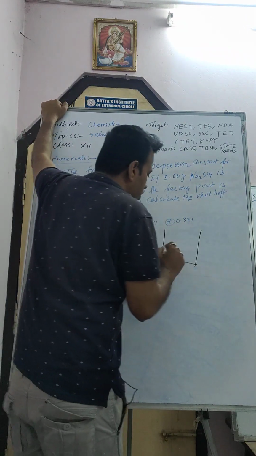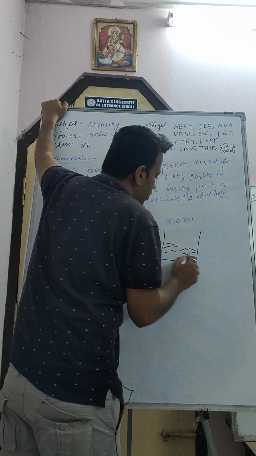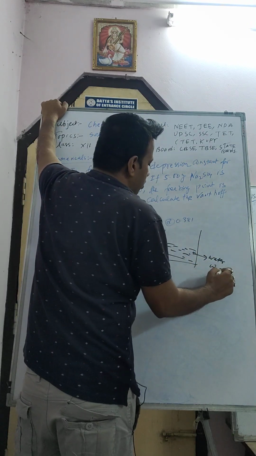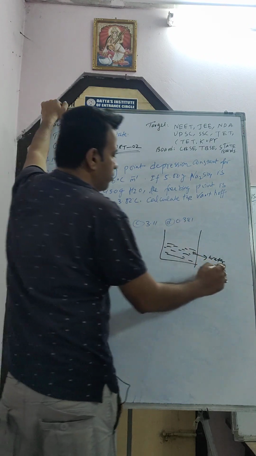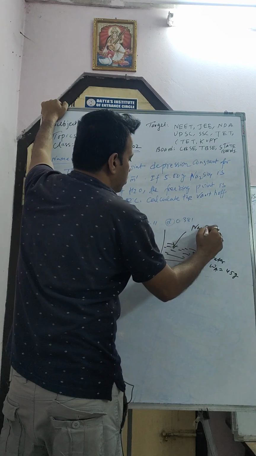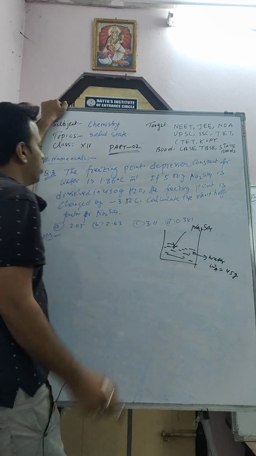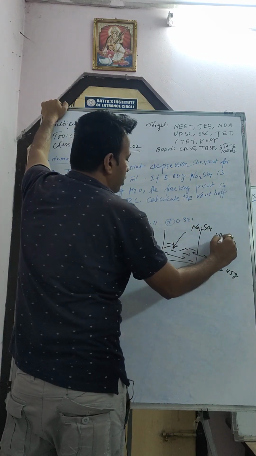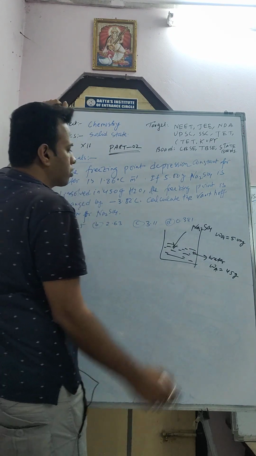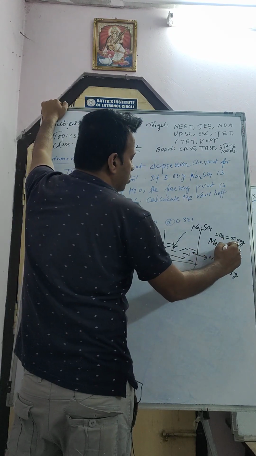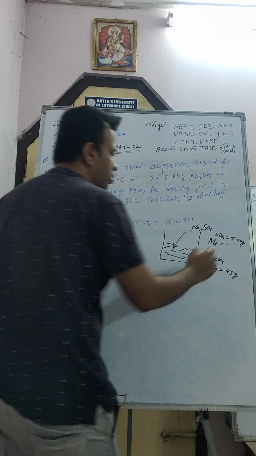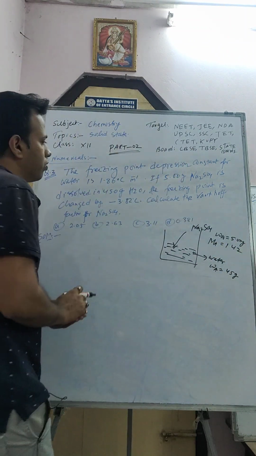Suppose this is the mixture. How much water is there? 45 gram of water. What will we put here? Na2SO4 will be put. The amount of Na2SO4, WB, is 5.00 gram. And the molecular mass of Na2SO4 is equal to 142. Okay, fine. So what is given?